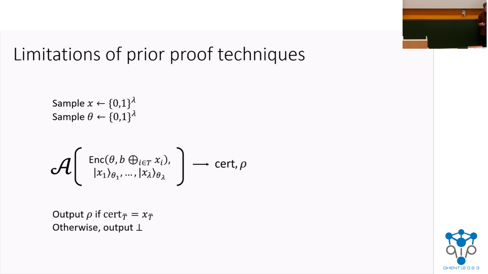And yes, I'll say a few words about the actual proof technique. Notice that if the adversary were not given any information about the subspace, or in this case the bases theta, then it's pretty easy to formalize the intuition that for them to produce a valid deletion certificate, they must have measured all or almost all of these states in the Hadamard basis. The problem comes in because we're actually giving them theta, albeit in encrypted form.